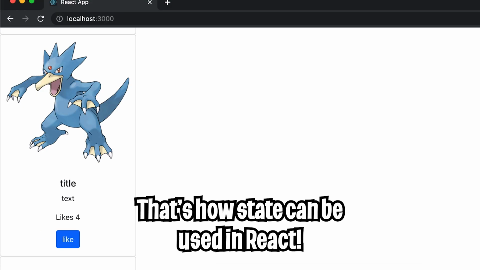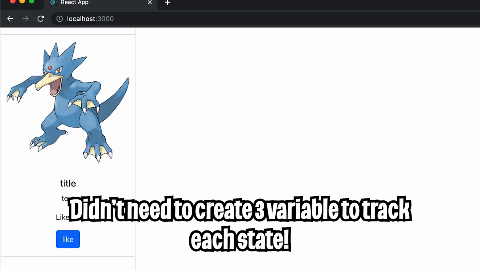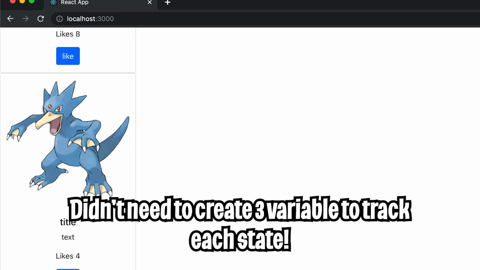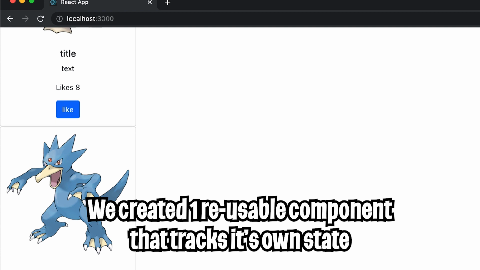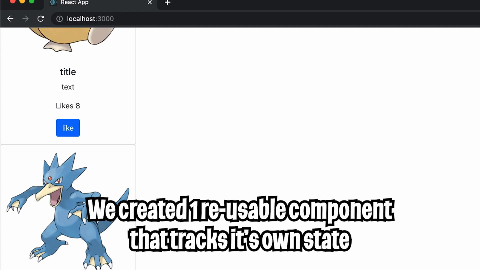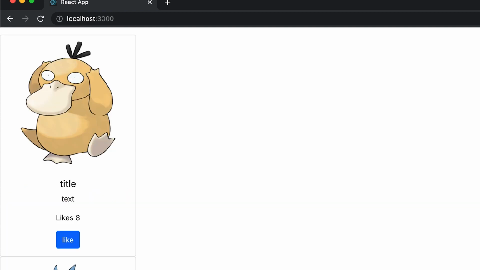And that's pretty much the basics of using state in React. As you can see, it's very powerful. We didn't have to create 3 different variables to keep track of each state. We only created one component and each one of them keeps track of their own state. In the next lesson, we're going to learn how to write conditional